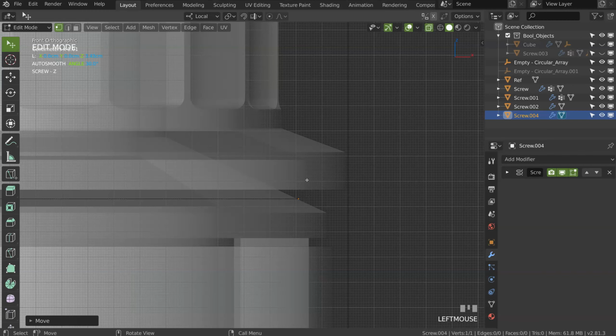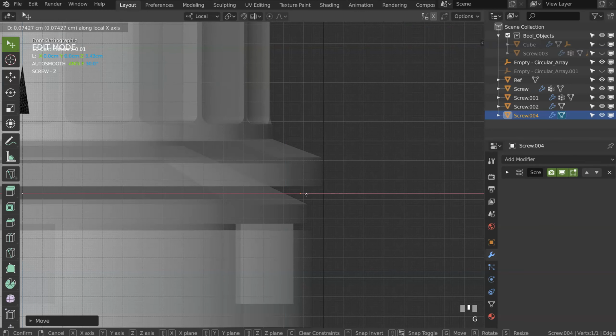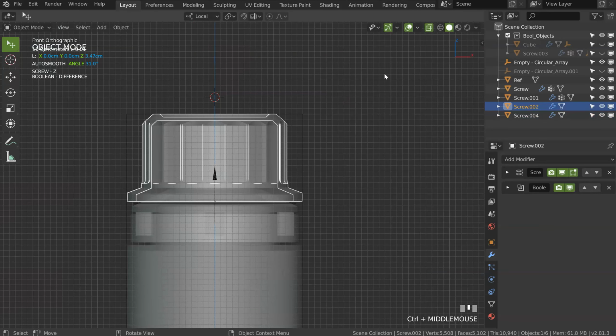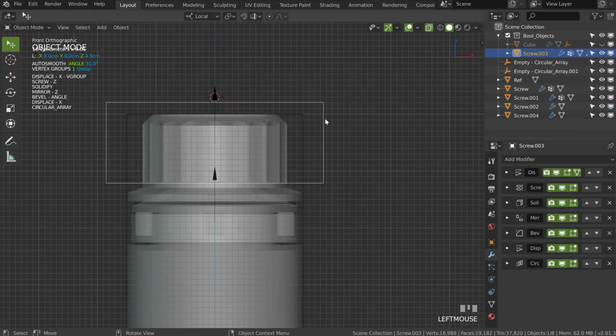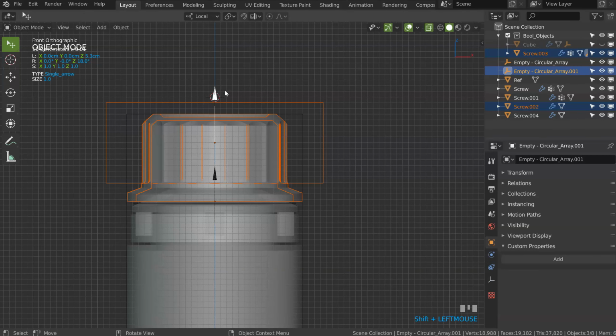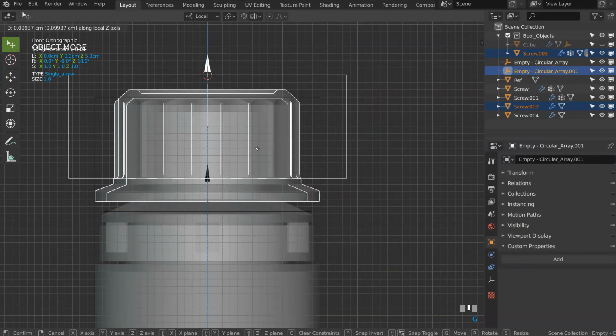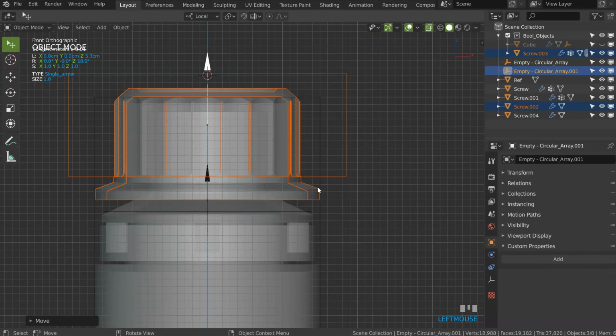Let me see, because I have the original here. Yes, this is like that. So I will just move it a little here, and in fact, this one should be on top. So that means I will show those ones, and I will move this and all of this a little. So press G, like that. That should be okay. Yes.